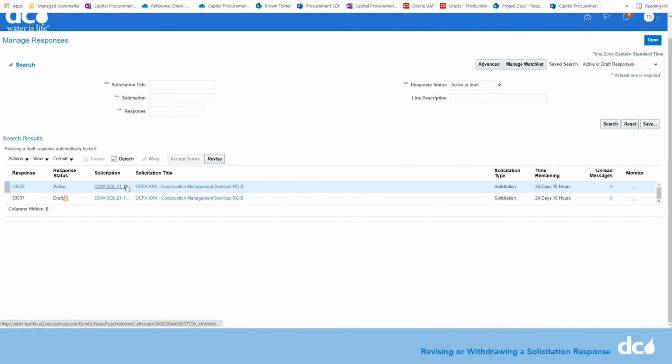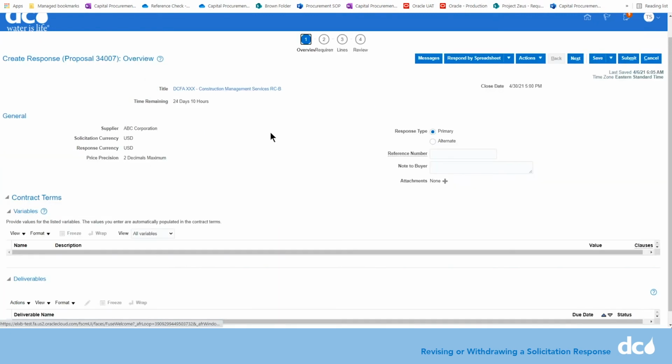If you have an active response that you want to withdraw because you want to continue to work on it, you can select that response and click Revise. That'll take you to the response and you'll have the ability to make alterations to that response. Now I'm in that response and I can click Actions to revert to the active response, meaning I don't want to make any changes to this, or move forward